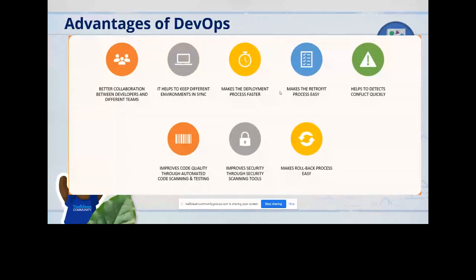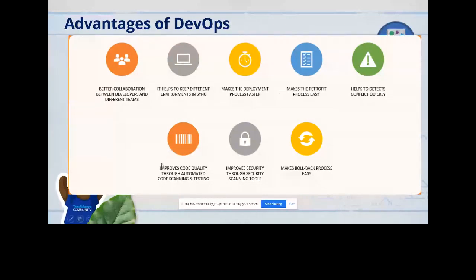So when the sales process changes are in production, we also need to make sure that all the lower sandboxes are reflecting the latest changes from production. So you can have that process also set up as part of your DevOps. That is another advantage, so that it will be automated and you don't need to manually go and deploy or sync each and every environment. There are additional issues like conflict resolution, but if you have a proper tool in place, even conflict resolution is going to be easy.